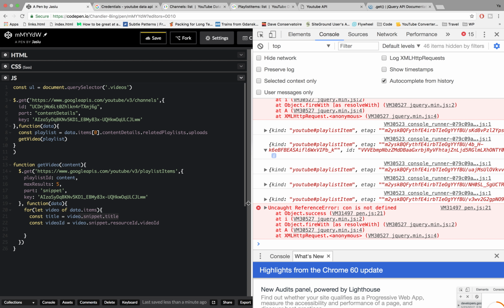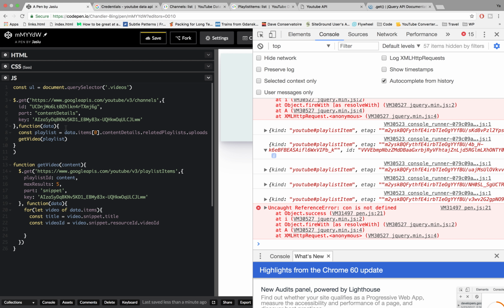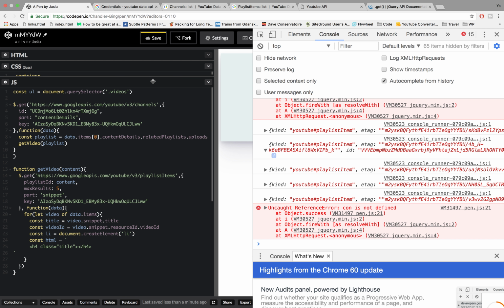Now I wanna put it on the page because for now there's nothing on here. So I have my UL, I have my unordered list, and now I wanna create a list item. So I'm gonna create another variable, and here I'm gonna just create an element. And now I wanna create the markup that I wanna put inside that list item. So I'm just gonna use the template literals, and here I wanna use the h4 tag for my title, and I'm gonna give it a class of title because I think I have some styles for this class. Yeah, I do. So here, and I'm gonna use the title variable, and below I'm gonna insert the iframe,